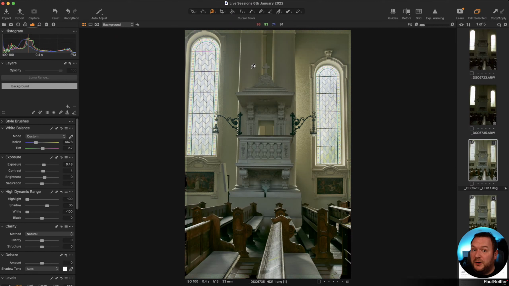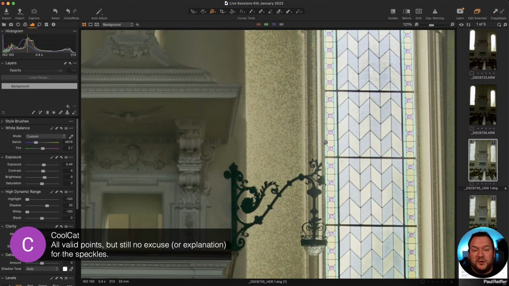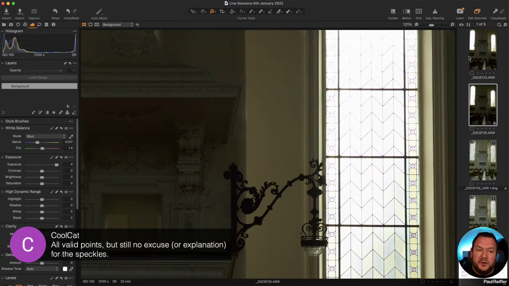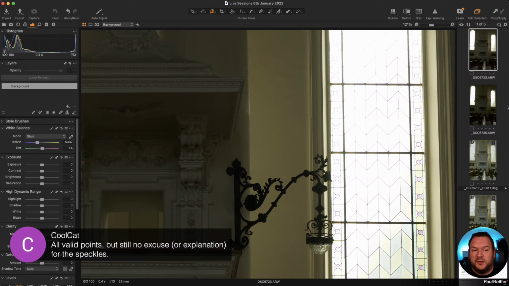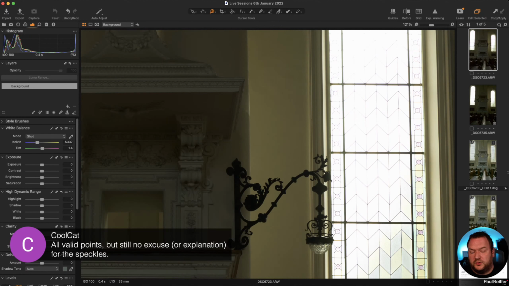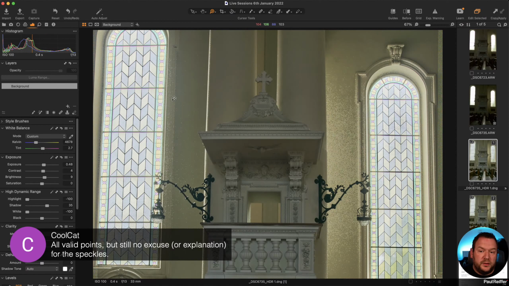So, as I say, I don't know. Actually, where were we? Someone's just said, still no excuse or explanation for the speckles. No, because I don't know whether it's being caused by the fact that, and think about this, in one of the images, this cover here is blurrier than the other. So I don't know whether Capture One is interpreting this sharpness as noise and trying to blend it. There's too much wrong with this blend to know whether or not these speckles are caused by bad input or there's an issue somewhere in Capture One.